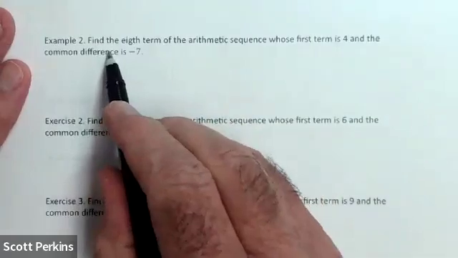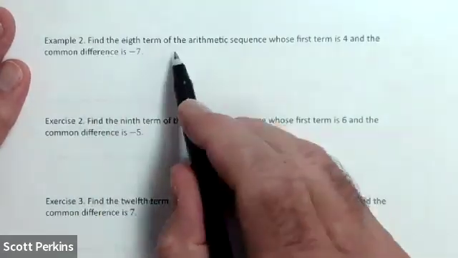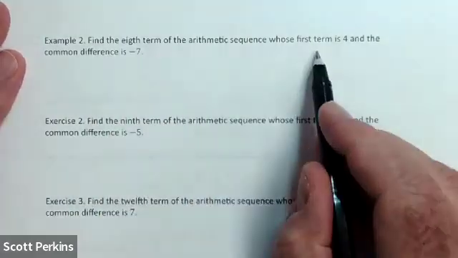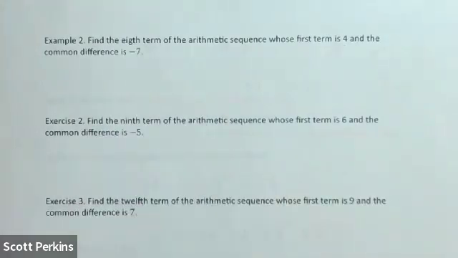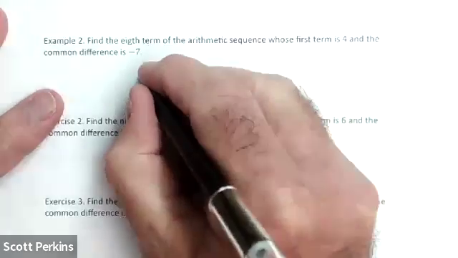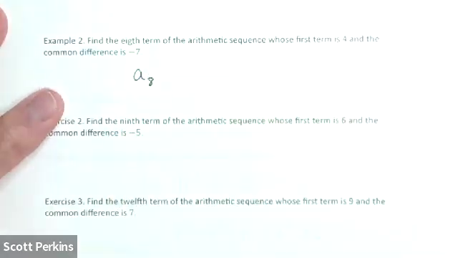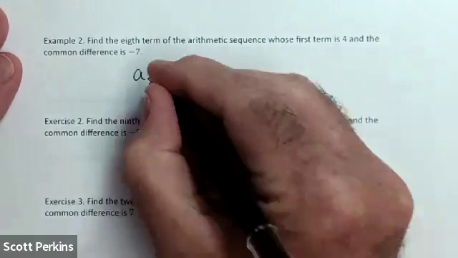Okay, we're going to find the 8th term of the arithmetic sequence whose first term is 4 and the common difference is -7. Now I know I've only done the 8th term. We could list it out, but we're going to do this without listing it out. So here we go. The 8th term, A with the subscript 8, is equal to